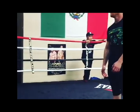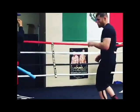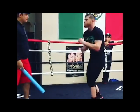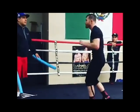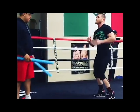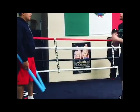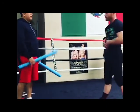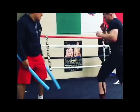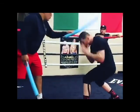So I think in this fight Canelo Alvarez would try to outbox Triple G, but eventually Triple G would just wear Canelo down to the point where Canelo can only box for so long until he's going to have to stand still and trade with Triple G. That's the problem. Triple G hits too hard, and if Canelo wants to sit and trade, he may be quicker, but eventually he'll get caught. There would be a simultaneous exchange, in my opinion,